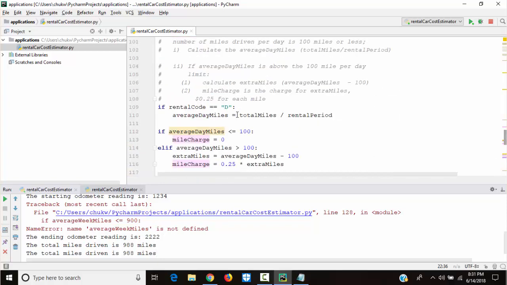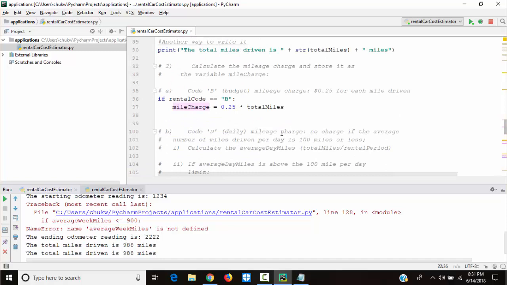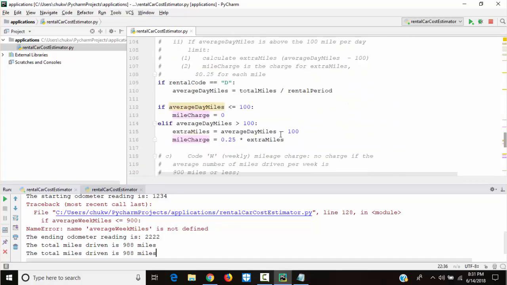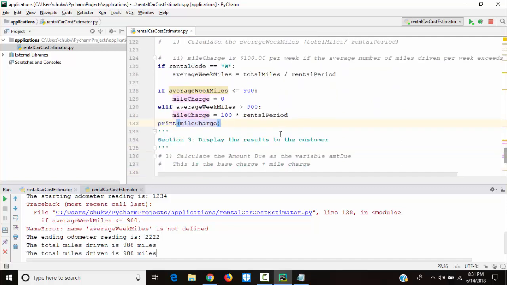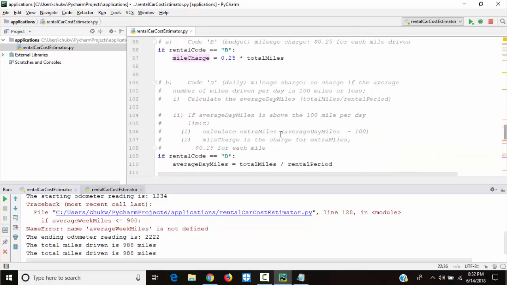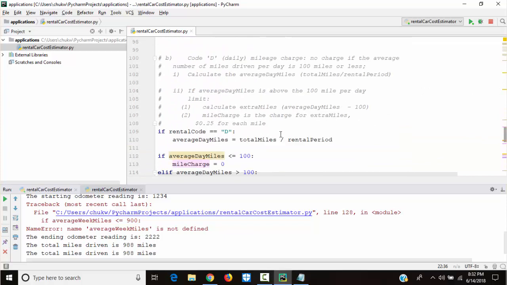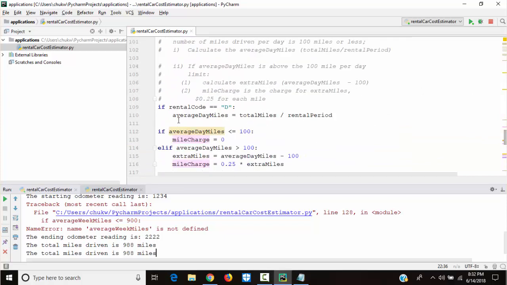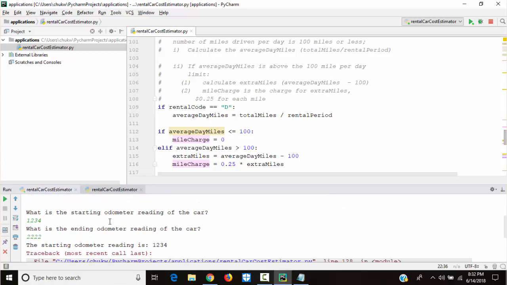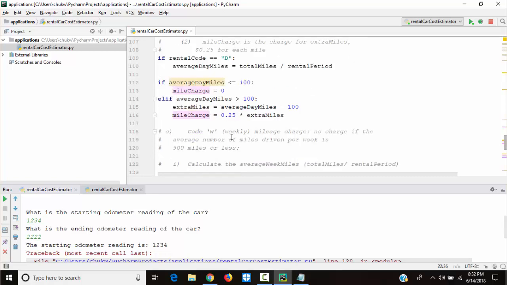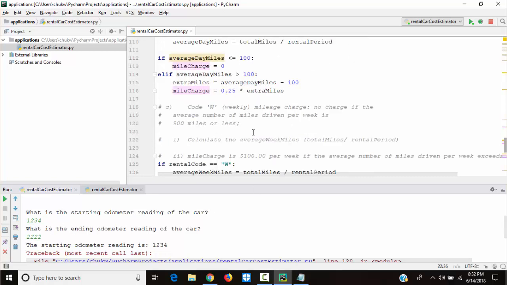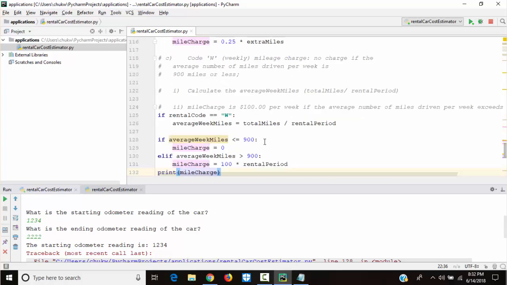Okay, so what we shall do here is let us write everything, because I think the problem here is we used day, and then it says the average weekly miles is not defined.